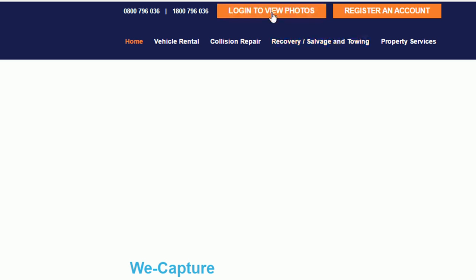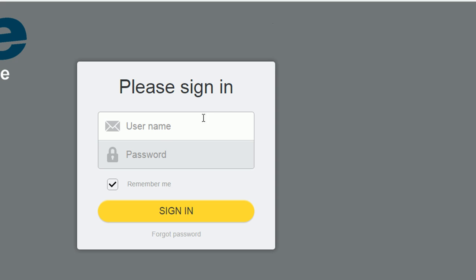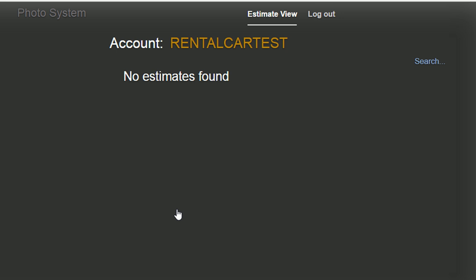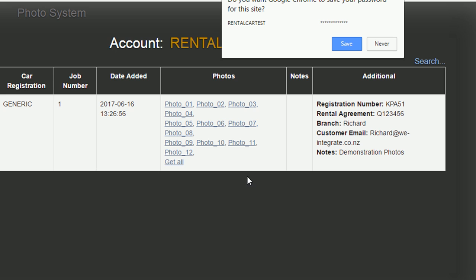We then log in to view photos. It'll ask for our username and password, which will have been pre-assigned. I'll just put our test site in here. And if I've got that right, I should be able to sign in. Okay, so